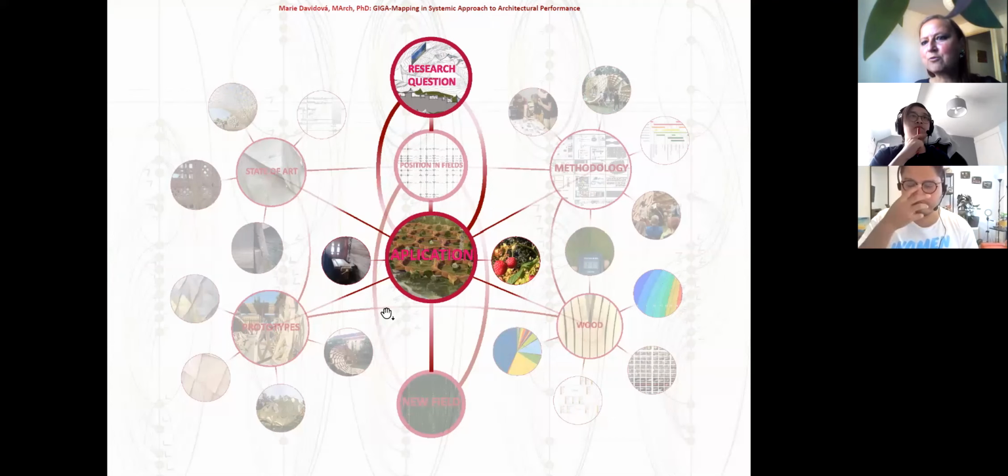And from you, I would like you to also draw your abstract diagram of your thesis, to understand the structure of your thesis and what you are aiming at. So the simple thing you start with is the research question. My research question of my dissertation was actually asking for application of responsive wood in performance-oriented